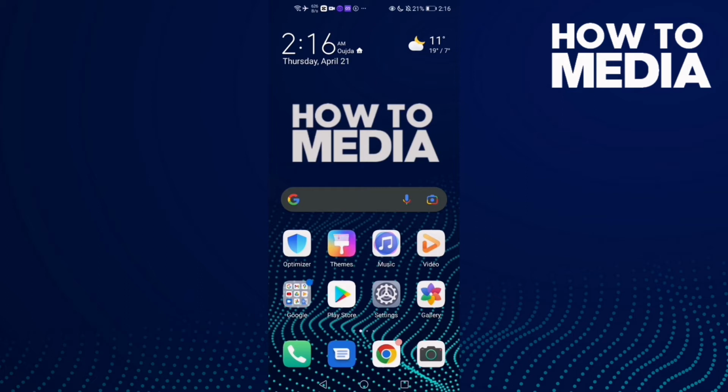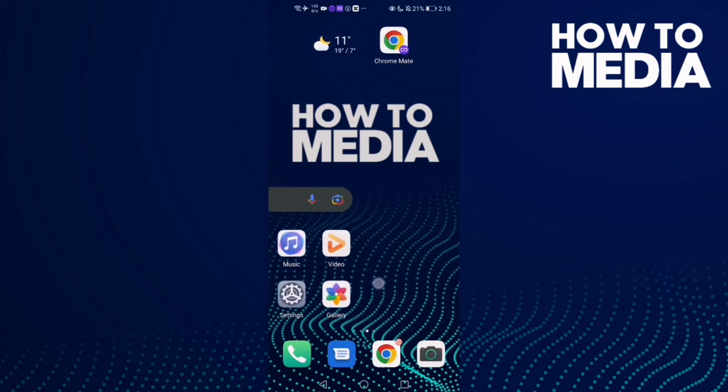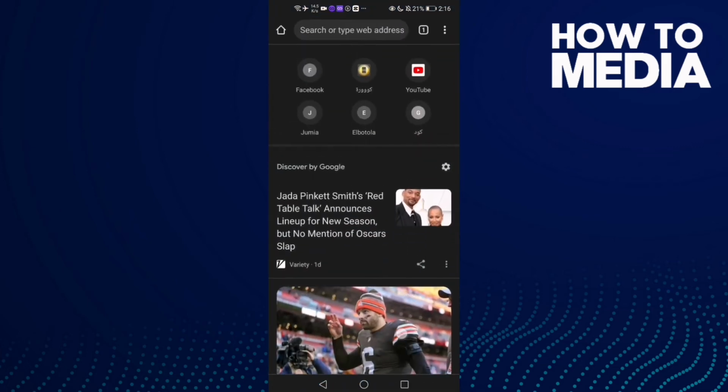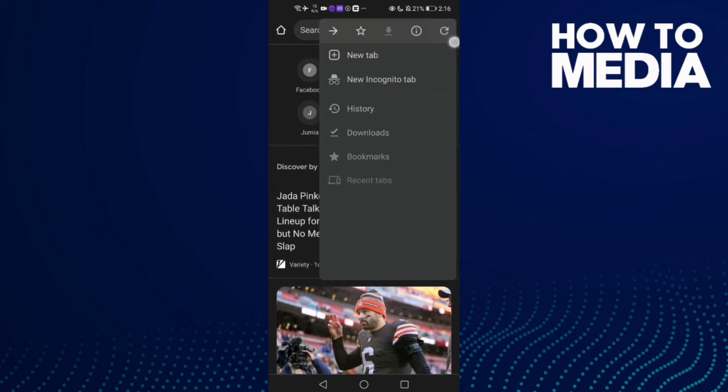Hello guys, in today's video I'm going to show you how to set Google as a search engine on Chrome mobile. First thing we're going to do is go to Chrome and then click here, just 3 points, and now click this one, settings,